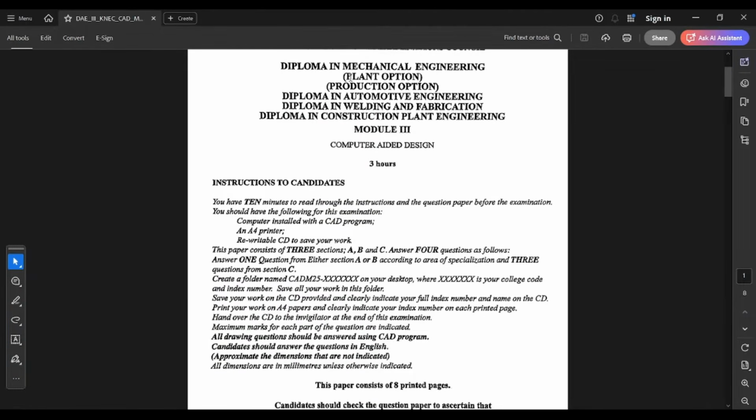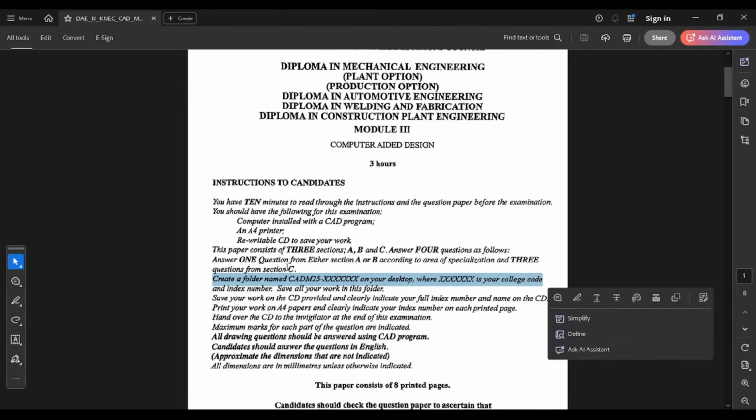We'll start here. Once you receive your paper, there are some instructions on the cover page and you need to go through them before you start your exam. And specifically for this video, we'll focus on this instruction where you're told that you should create a folder named a specific way on your desktop, where that is your college and index number,